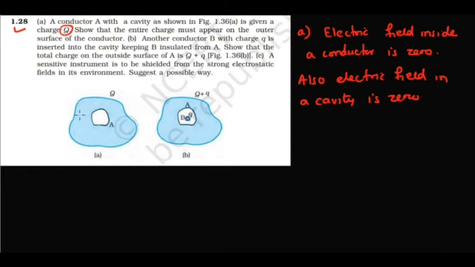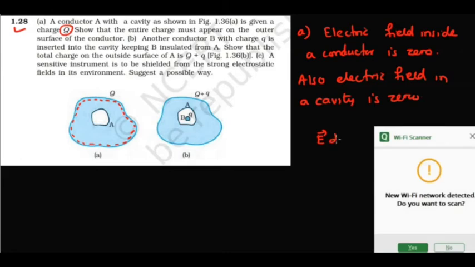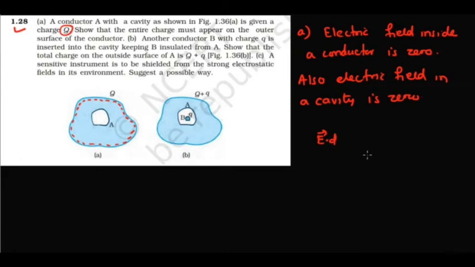Let us consider a Gaussian surface which is very close to this outer surface. Now I will draw a Gaussian surface like this, which lies just below the outer surface. This is the Gaussian surface I am drawing. Is that clear? So now I will find the surface integral of electric field over this Gaussian surface. So the closed surface integral of E dot dS will be how much? It will be 0. Why?